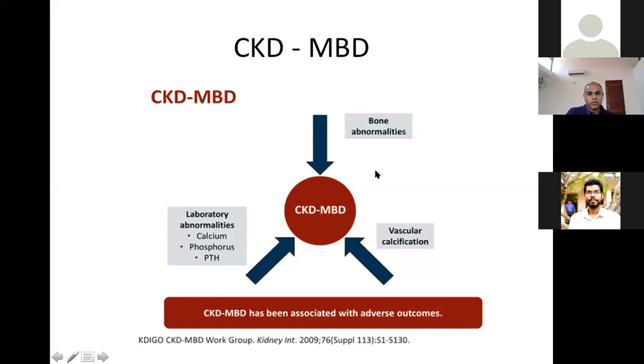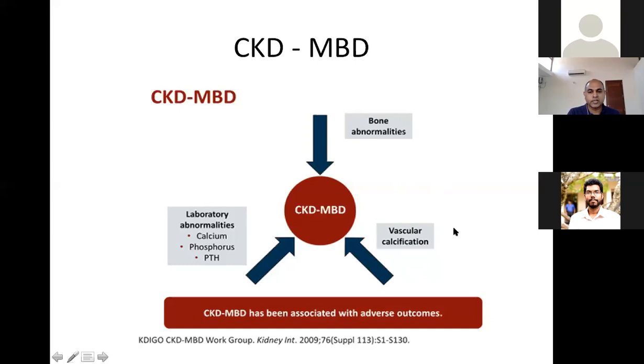Then you can also have bone abnormalities. So you can have osteoporosis, osteomalacia, osteitis fibrosa cystica, and sometimes adynamic bone disease. So these are some of the problems you get in CKD. We have already taught you all these things, so you can go back and read. Then the third component is